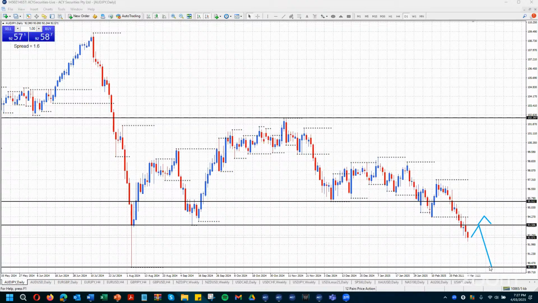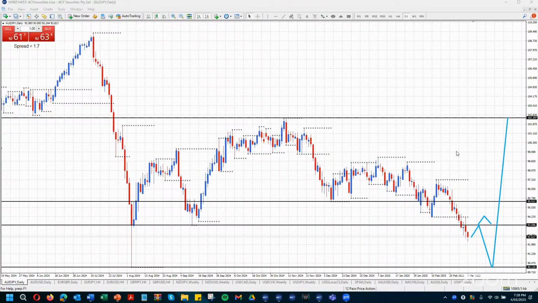90.100, expect a bounce. We could bounce there and come all the way back up to at least here, if not here. And if we want to get strong support, we could come all the way back up to 102. So this is a key area to watch through the course of the month. If we start to want to hold here, expect to move back up. And how big does the move back up